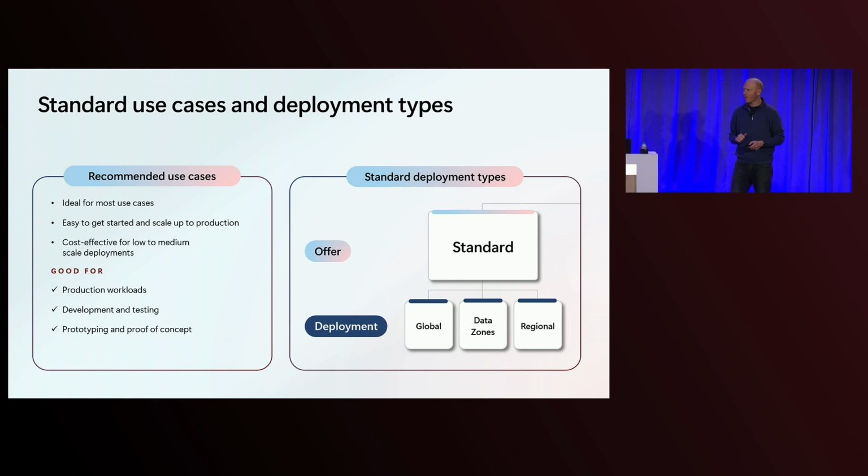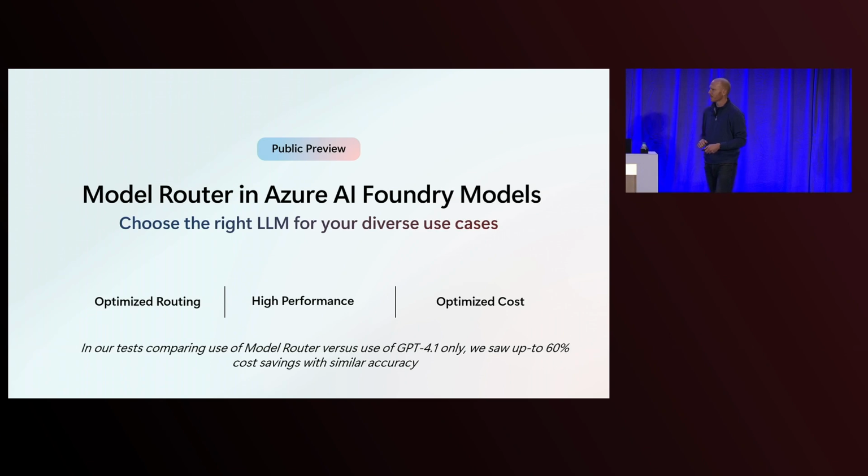Well, this is where Model Router comes in, because Model Router actually takes that complexity onto the platform. This is actually a model that we have trained off a whole bunch of sample data, which looks at each individual prompt. And based on the complexity of the prompt and what the prompt is trying to do, it'll serve using the most optimized model. So Setu, do you want to tell us a little bit, how does Model Router actually do this?